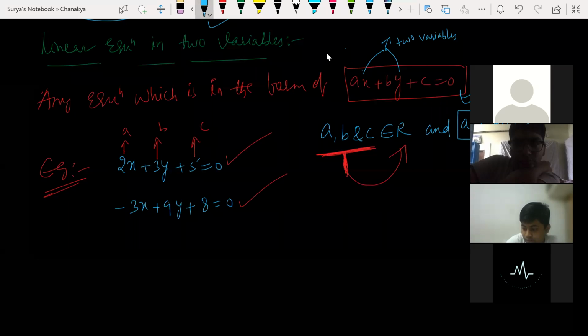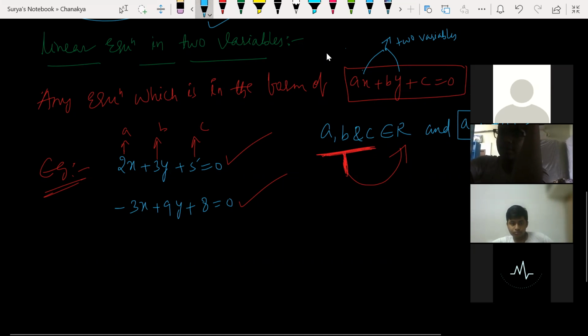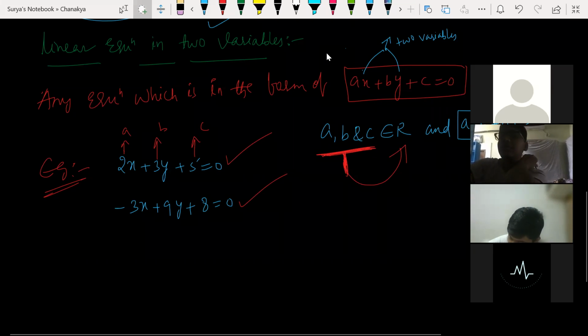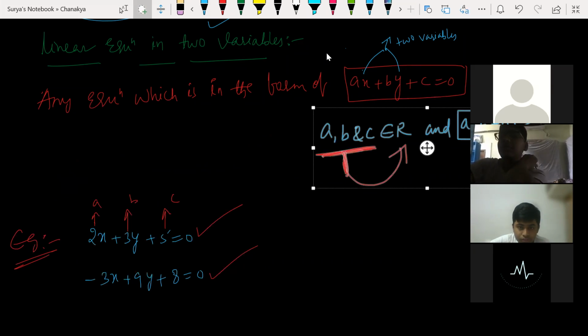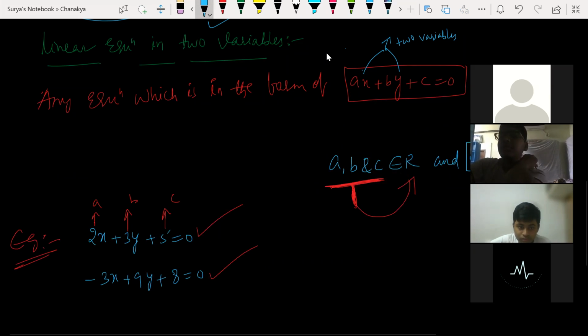Shall we move further? Yes, sir. Did you copy this? Did you make a copy? Yes, sir, I have a doubt. One second. So look at this here. Any equation which is in the form of this one is called a linear equation in